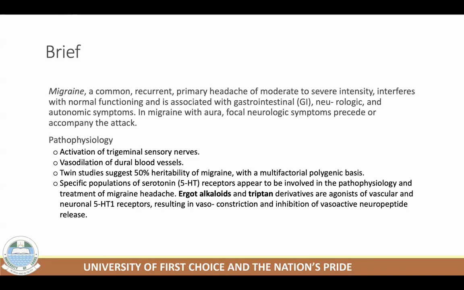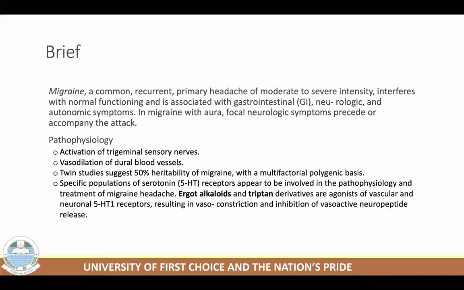It can also be associated with vasodilation of dural blood vessels. And following that, you may have extravasation of dural plasma. Extravasation, of course, you know what that means. That's movement of fluid from inside the blood vessels to outside the blood vessels, right? So you can have extravasation of dural plasma resulting in inflammation in the brain tissue,